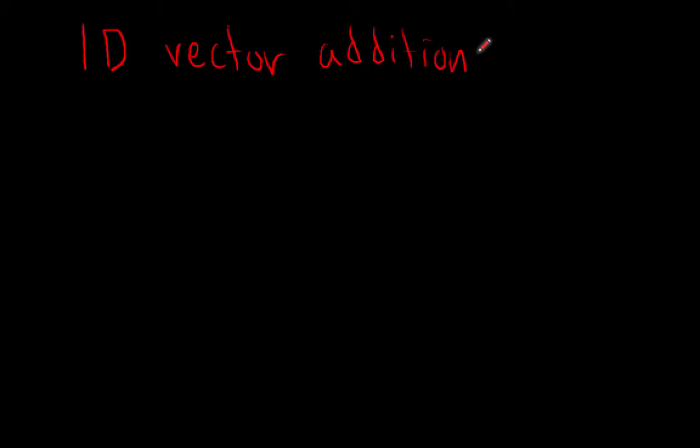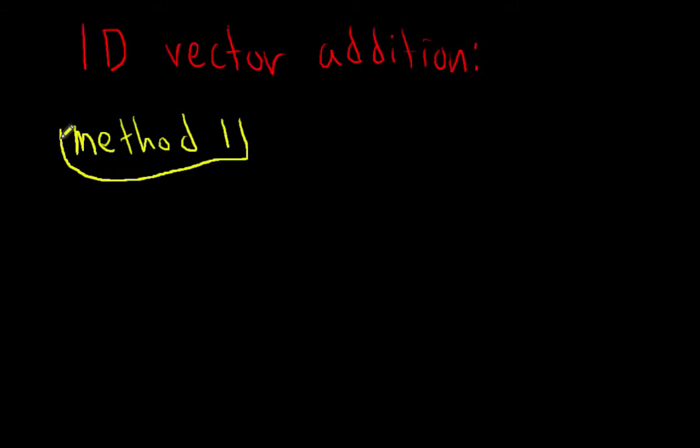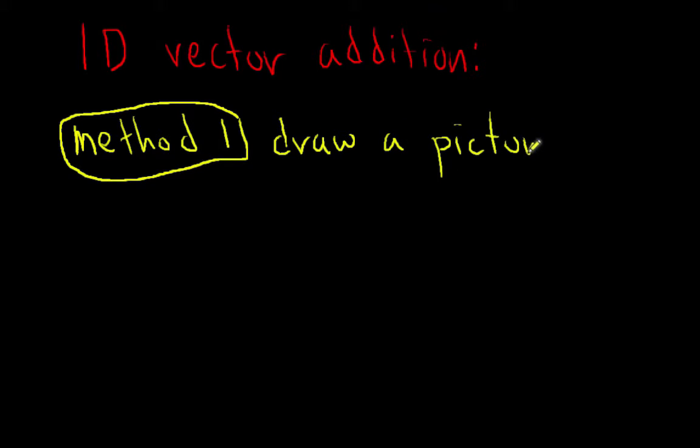For now, we're only going to worry about one-dimensional vector addition. Later on, you're going to learn how to add two-dimensional vectors and possibly even three-dimensional vectors. But for now, our vectors are always going to be in the same plane or pointing the same or opposite directions, which is one-dimensional. The first method for 1D vector addition is to draw a picture